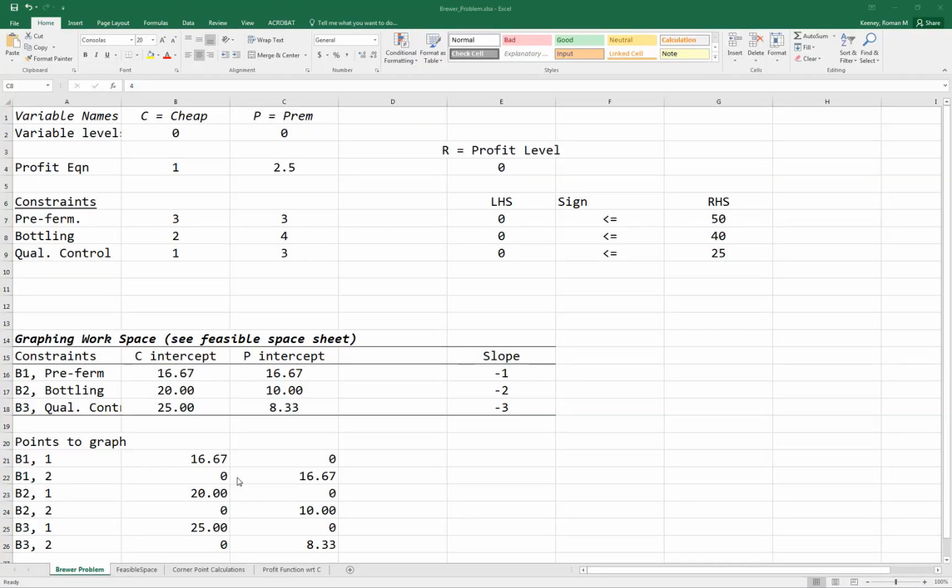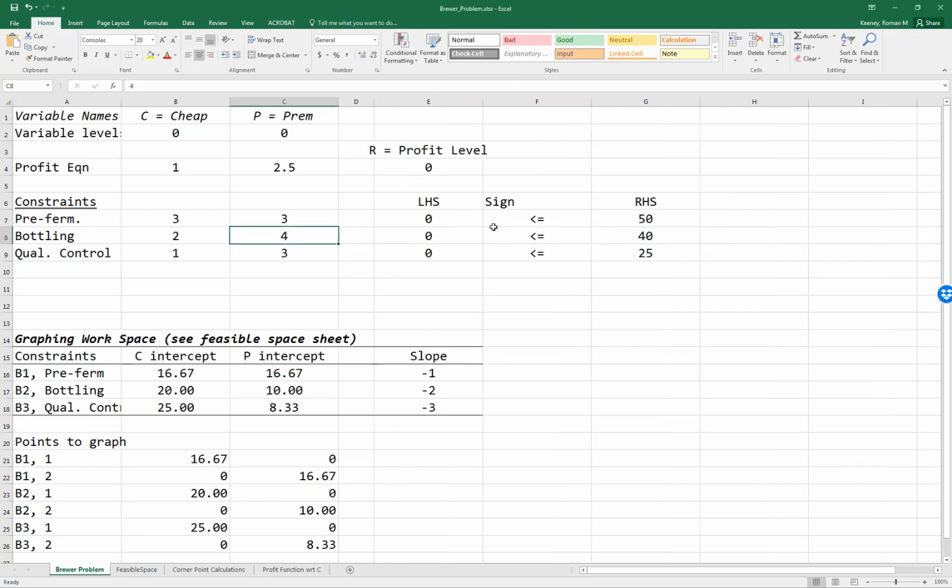Okay, I have my sheet open here. You can see the same values. You can see that, let me squeeze this down a little bit here. Yeah, you can see that 50 divided by 3 is where you get the 16.67. Right, so this is pretty easy to come up with. And then just let me show you what